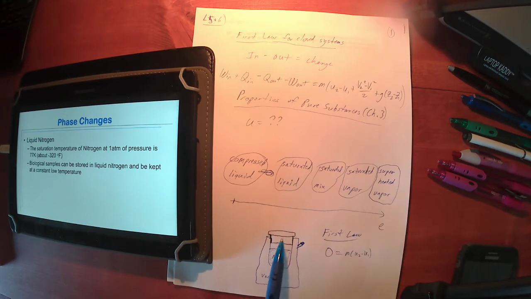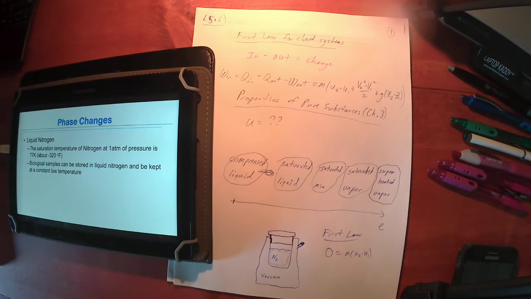So as long as I can really insulate this, and that requires a really good seal up here, which is not going to be perfect. You're going to have tiny amounts of heat transfer. You can't get a perfect vacuum, and it's not going to perfectly filter out all radiation. You're also going to have a tiny amount of mass move through up here, a little bit of air leaking in. So this is not going to be exactly 0. But if you can get very close to 0, and the internal energy of the system doesn't change, that means the phase is going to stay constant, meaning it's going to stay at